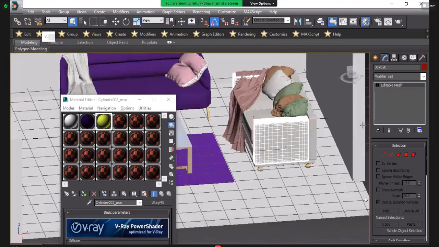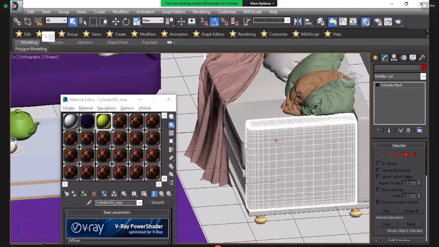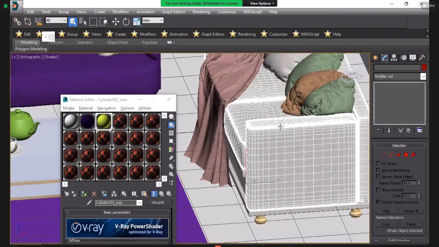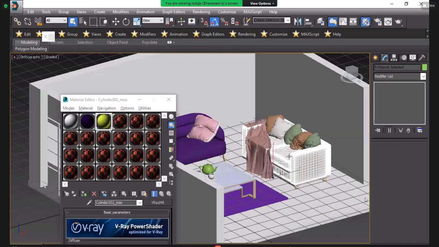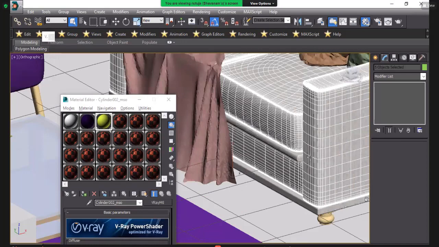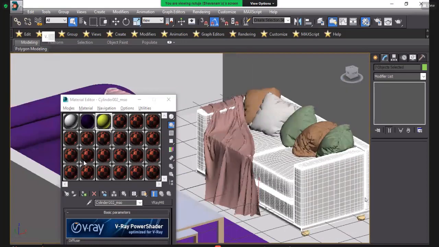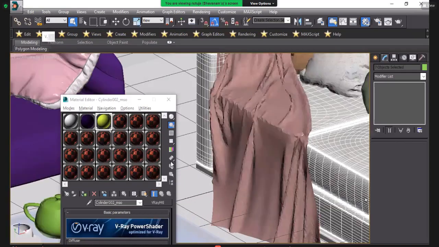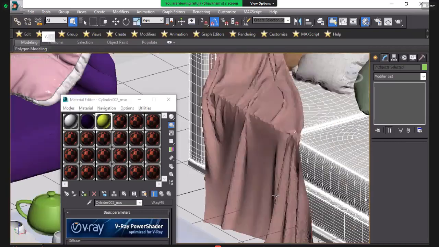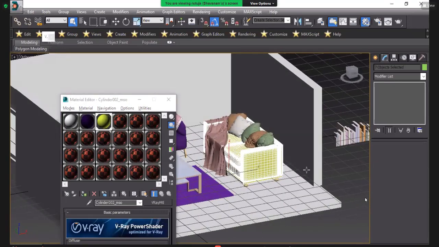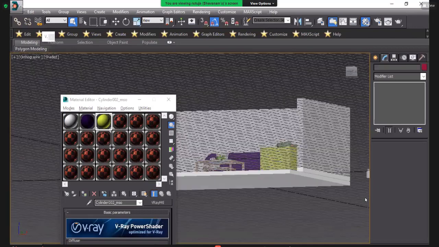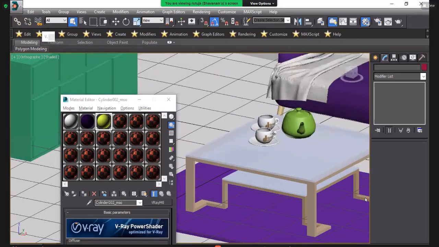I will select this object, each and every object which I want to color here. With the help of pressing Ctrl, select the objects which you want. Okay. Don't forget to press Ctrl. I will just change the color of it.